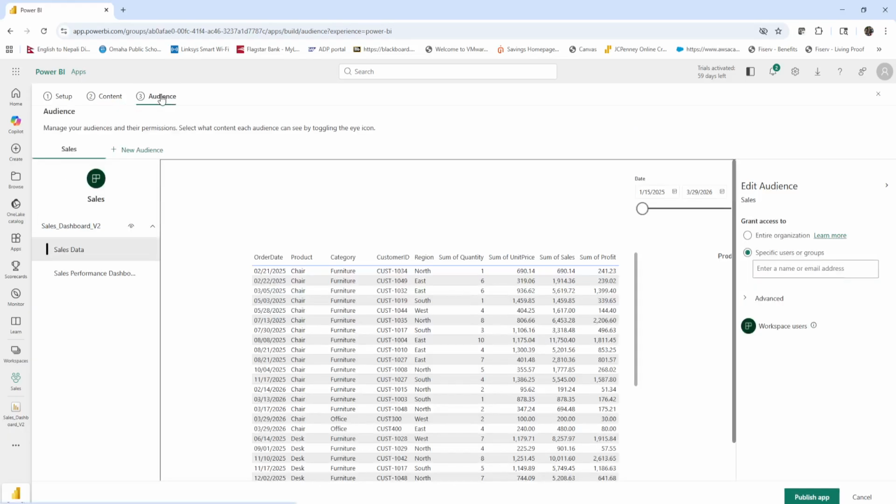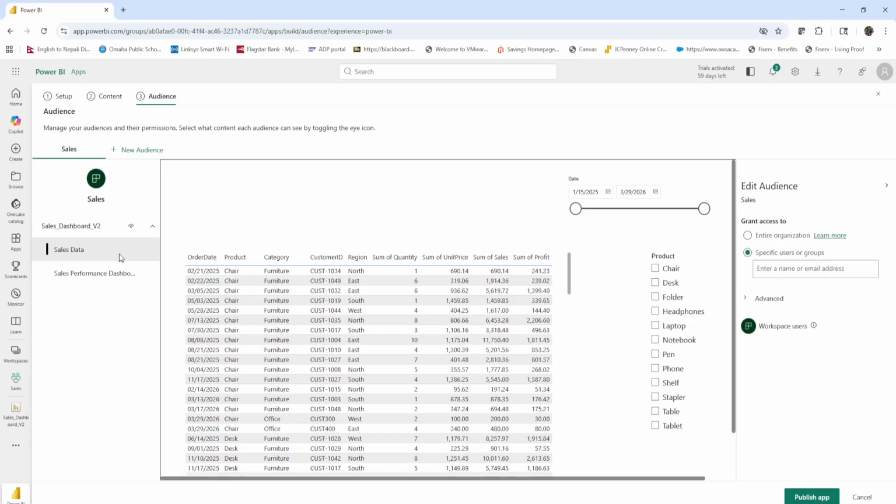Click on third options here. So it's asking me, okay, and what audience you want these to be able to view the report, right? So who wants to view this report, or who do you want to share this report to? That's what the audience is. So you can see grant access to these